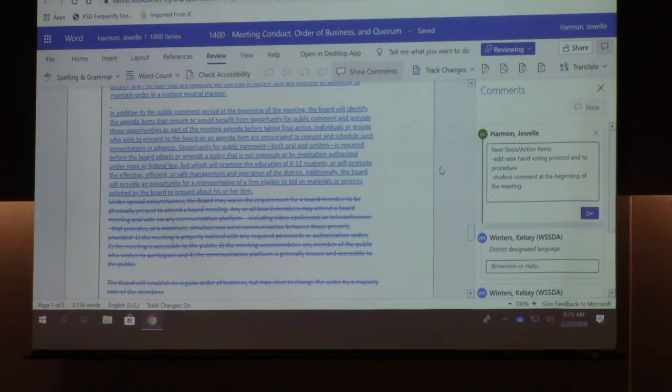When someone leaves a public comment, they don't necessarily have to stay, because those public comments can take, we've sat here for hours, not on rare instances. But I think we also have to consider others as well. And it is our board meeting, it's the meeting of the board. I don't think we've ever denied public comment, and we can stay and listen. We all have kids, we all have families, we all work, most of us. So I think it's a consideration, but it applies to staff as well as public.